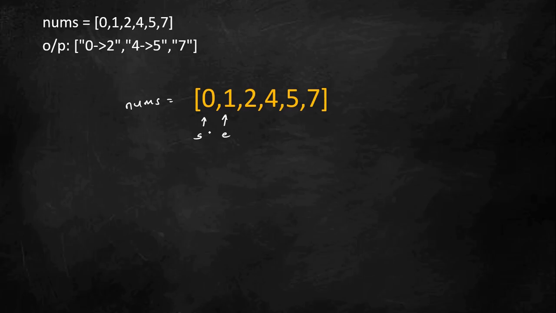So to check whether given numbers are consecutive, we can directly check if my end index, the pointer e, where it's pointing to, if my end index value minus 1 is the same as my end minus 1 index. And what I mean by that is, if nums of e minus 1 equals nums of e minus 1, correct? So whatever is the value of this end index, so here it's 1, 1 minus 1 is 0, is equal to the previous index value, so e minus 1 value. If that is the case, then it's a consecutive number.